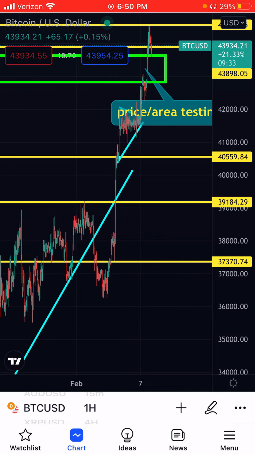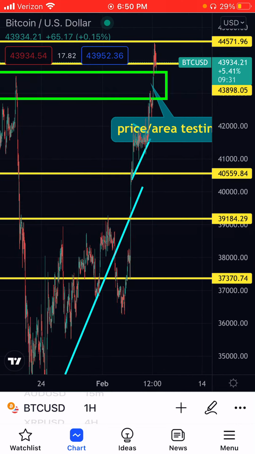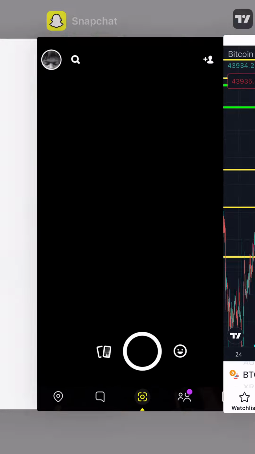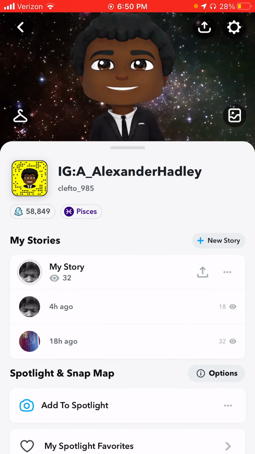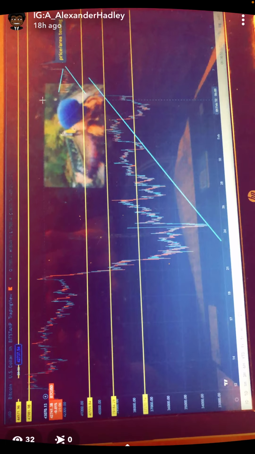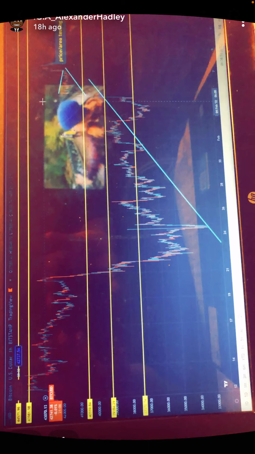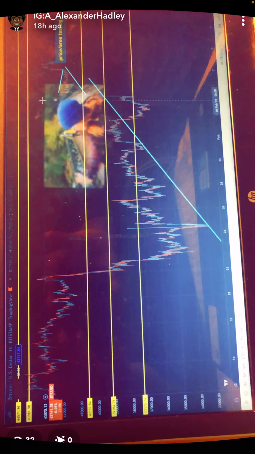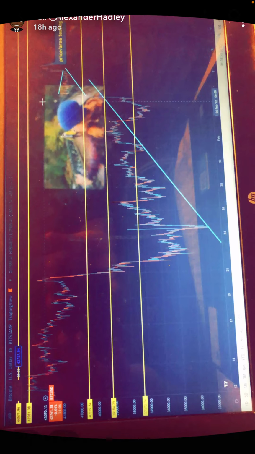And I don't want to talk too technical for the people that don't know, but I want you to just listen up, right? So let me go on ahead, go to my Snapchat. You feel me? Just so y'all know this is real time. Yes, this is me. So this right here is the markup that I did last night. It's February, is it 7th or something like that? I'm gonna have to go check on my time, but this is the markup I did,